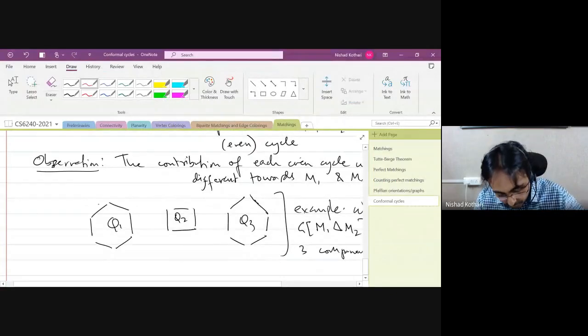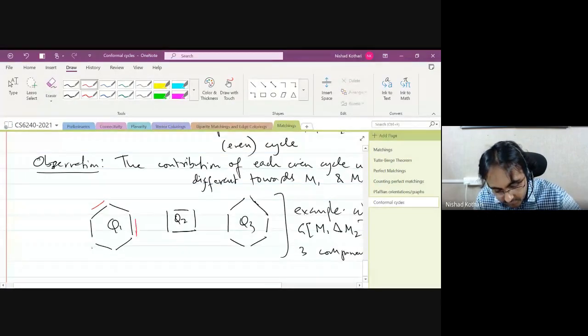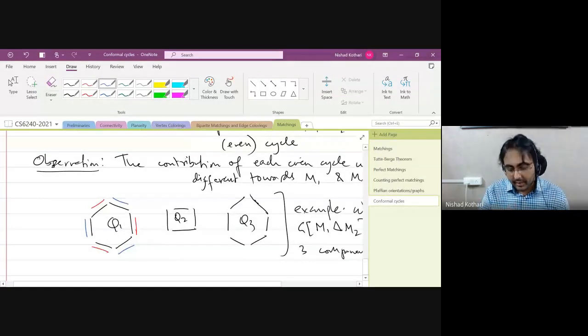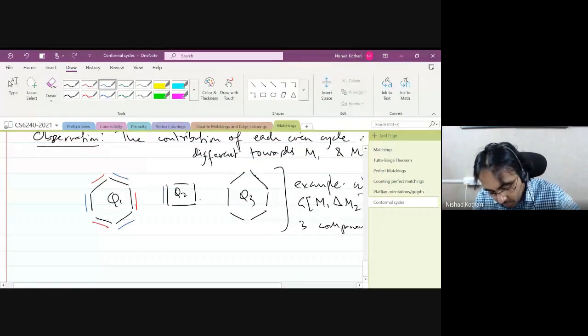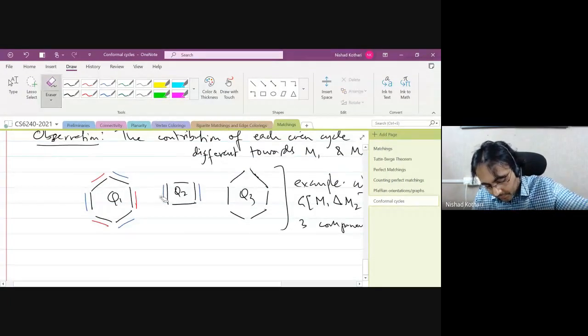So one of them is going to look like this. Sorry, that's the wrong parity. If one of them takes these 3 edges, then the other one will have to take these 3 edges, right? But then the way you do it on the other cycles, you have more possibilities. Either these 2 could be blue or the other 2 could be blue, for example, right? So I'm not drawing the red and blue, I'm just drawing the cycles, right?